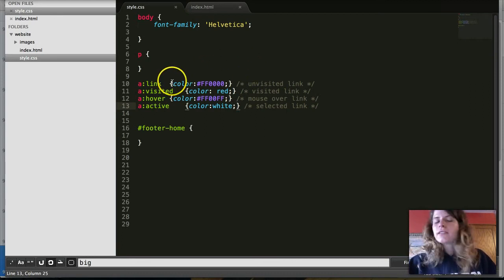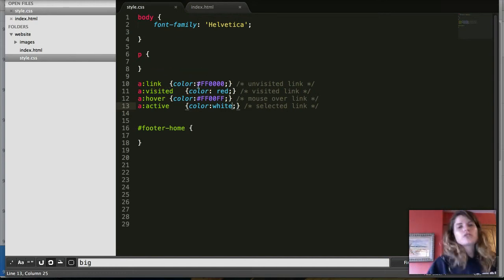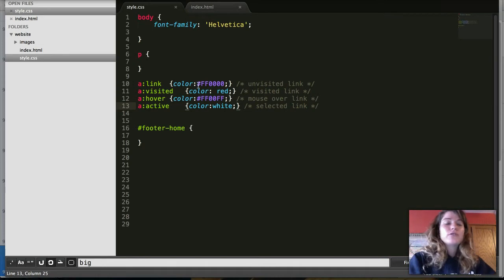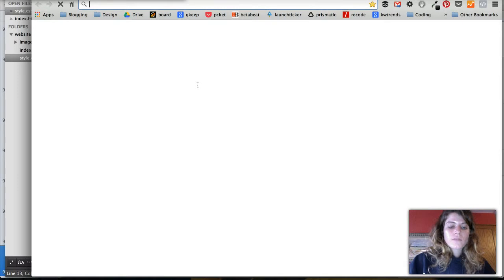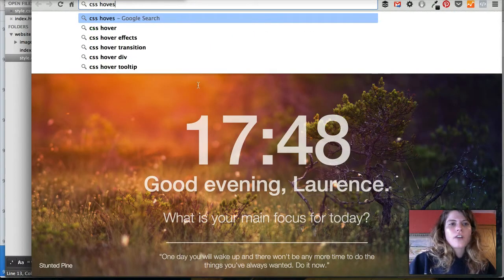Okay, so I hope this didn't confuse you too much. Basically, these pseudo classes are just ways to style links, and then you can do some really crazy stuff with CSS. If you look up CSS hovers,